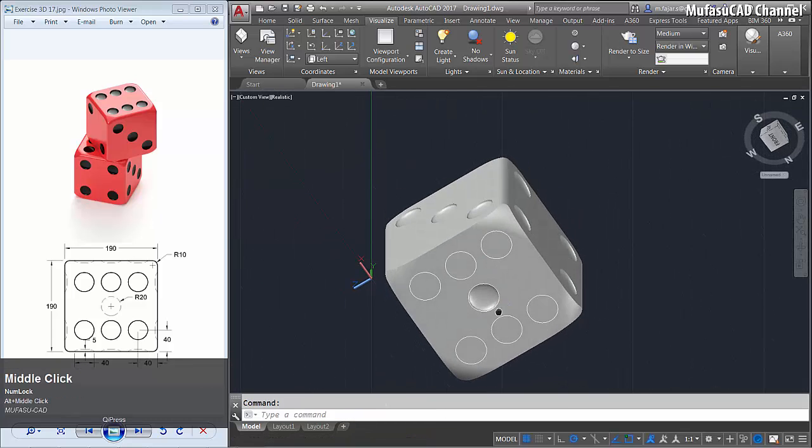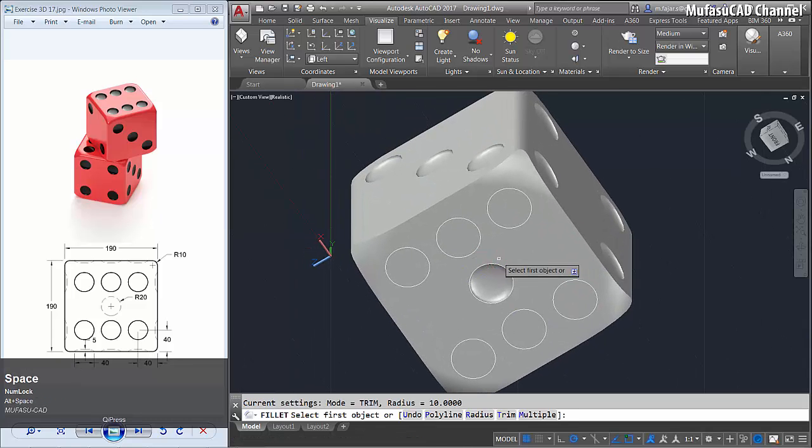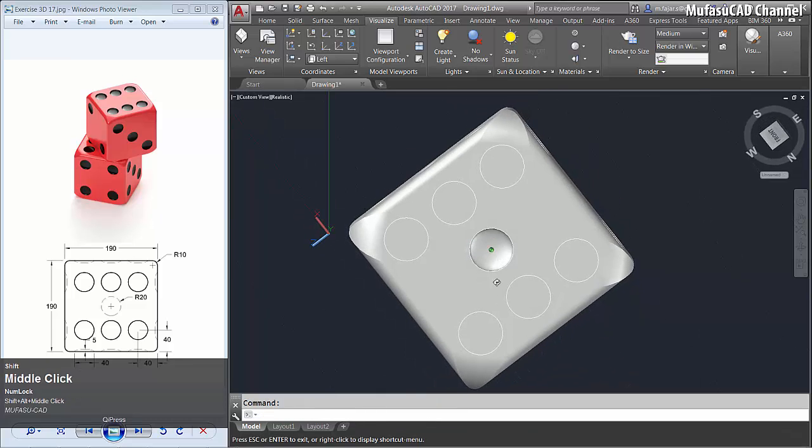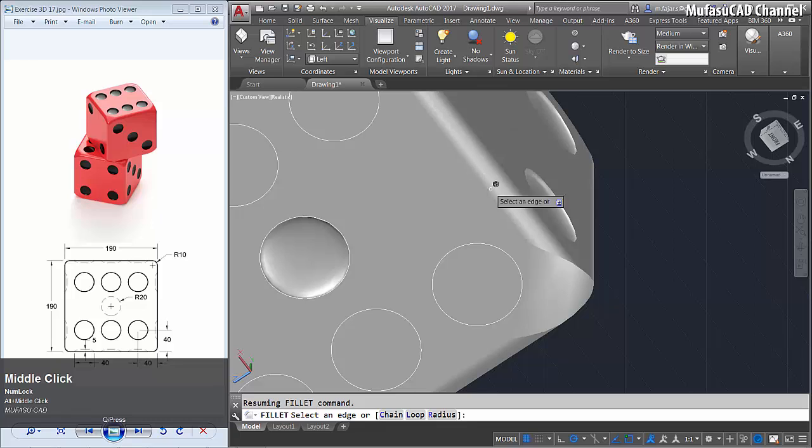Next, I will violet in this bottom. You can violet again with radius about 10. Select this edge. Okay, enter, and then we violet this edge in the corner. Okay, you can select one by one this edge in the corner.